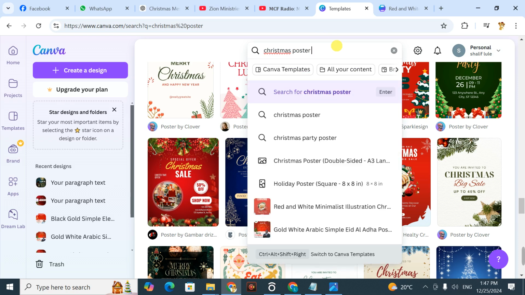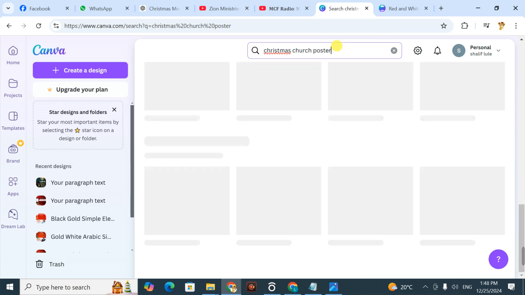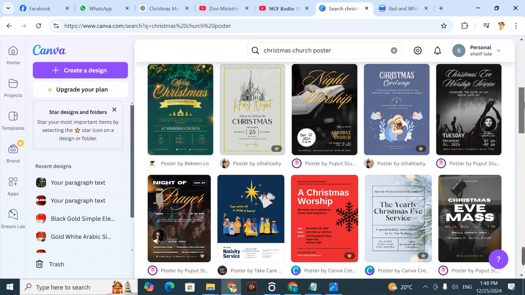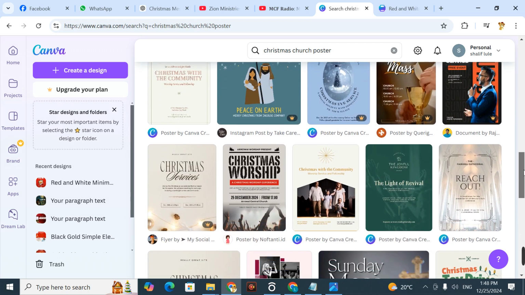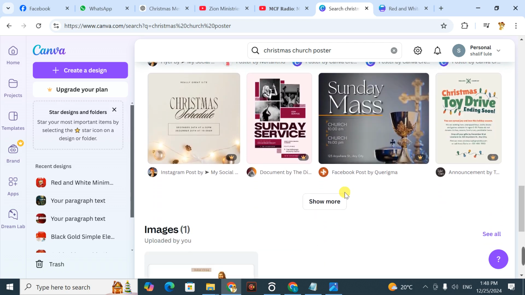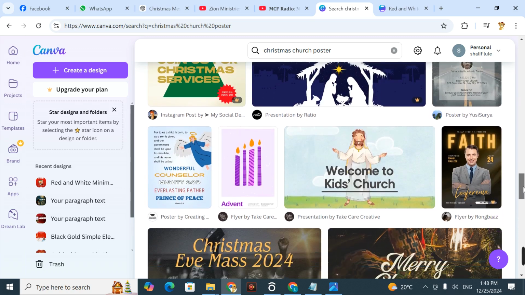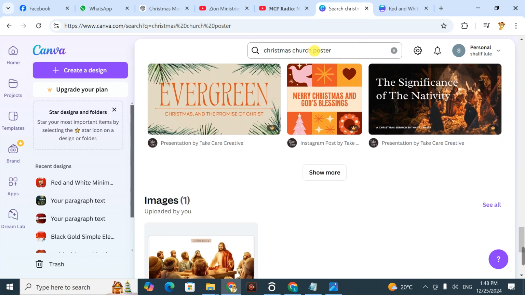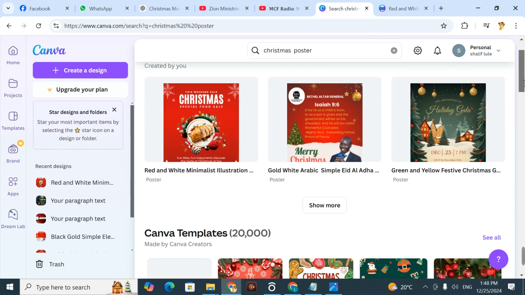Then the second thing, assume you want to design a Christmas poster for church. You just put there Christmas church poster, then you press enter. It's going to display a variety of templates that as a church you can use. These are the various templates for churches. And if you want one for an individual or for a company, you just put there Christmas